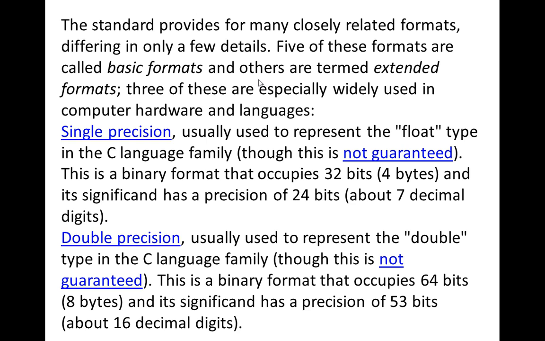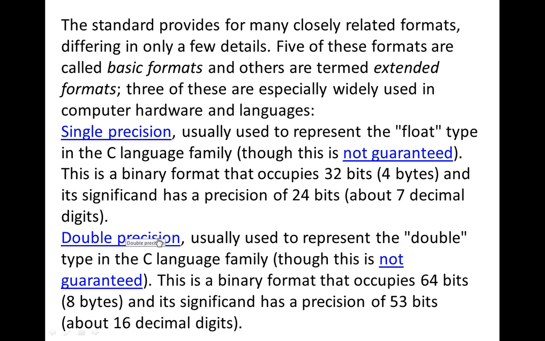This is a binary format that occupies 32 bits. 32 bits means 4 bytes, and its significand has a precision of 24 bits,